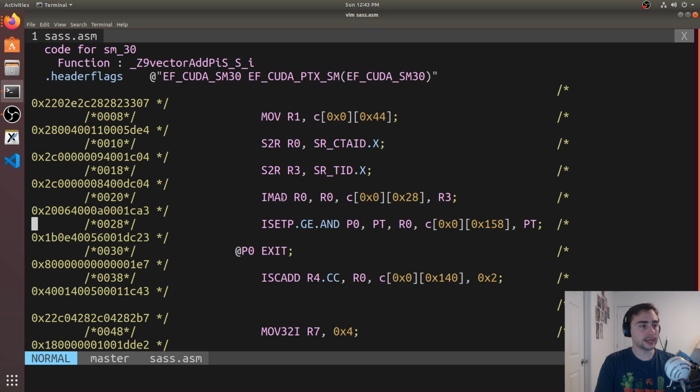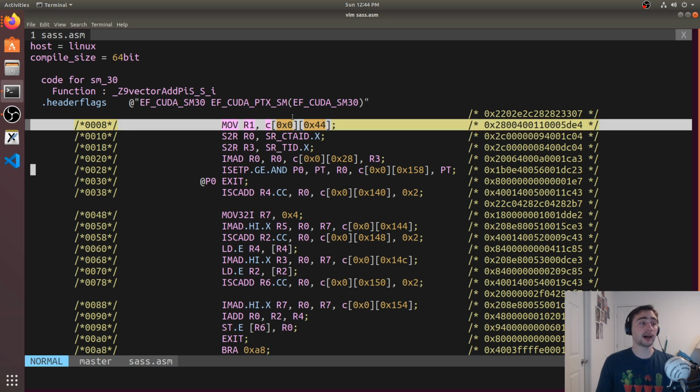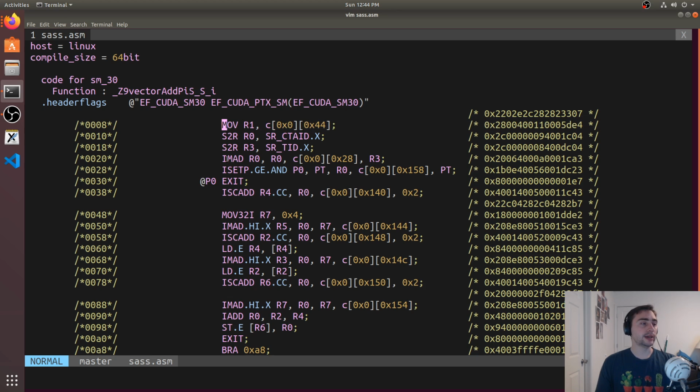So here we see something a bit different, but we've got some similarities. Here we're moving into R1 some value, and then we've got some S2R instructions. These are just special register loads. So we're loading a special register here, and we see special register CTA ID and special register TID. This is our block ID and our thread ID. Now your actual block dim is stored in constant memory, so that's what this move is. We have an integer multiply and add for global thread ID calculation, set predicate greater than or equal to, so we're setting P0 based upon whether or not the TID is greater than n